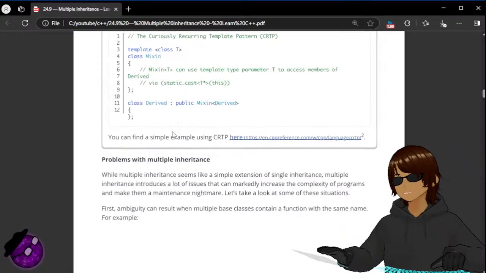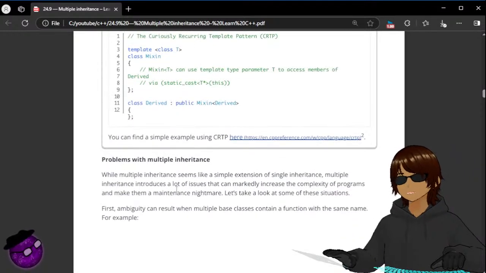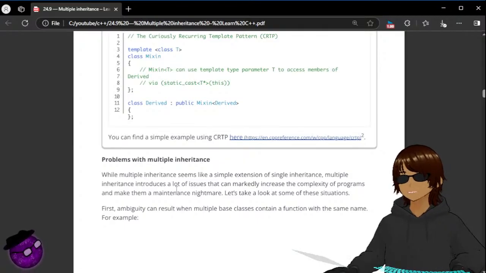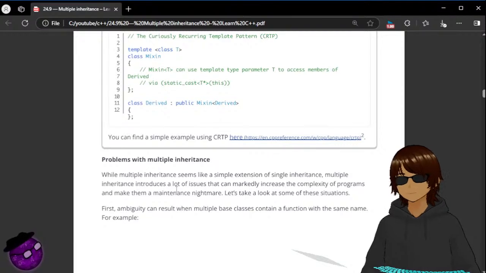Problems with multiple inheritance. While multiple inheritance seems like a simple extension of single inheritance, multiple inheritance introduces a lot of issues that can markedly increase the complexity of programs and make them a maintenance nightmare. First, ambiguity can result when multiple base classes contain a function with the same name. For example,